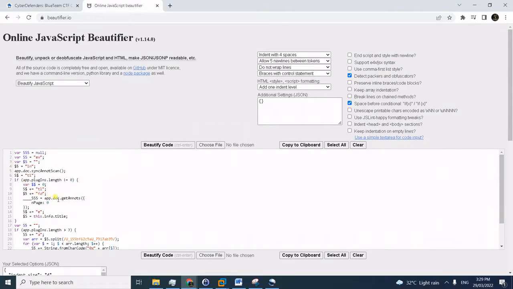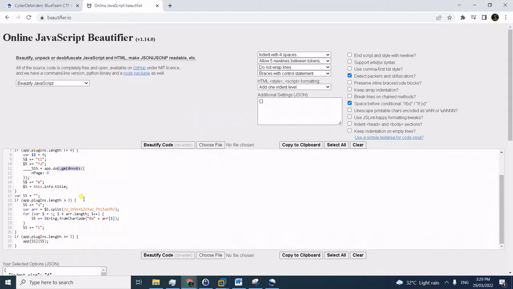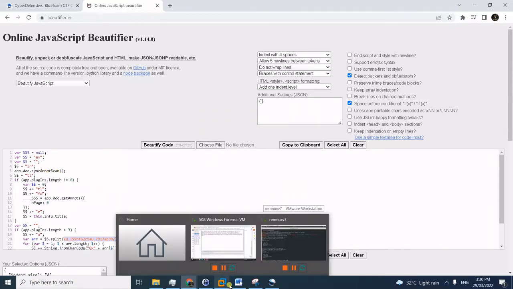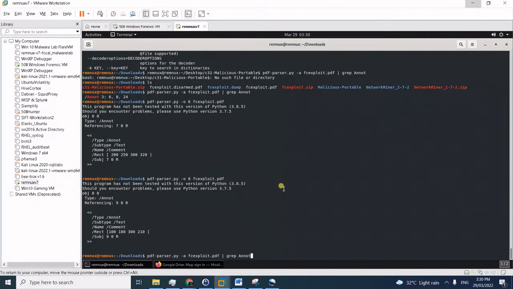And notice here, we are seeing some functions like app.doc.syncAnnotScan and app.doc.getAnnots, or annotations. And notice here there is also some kind of string splitting, some kind of obfuscation. But we will focus first on these 2 functions. We'll try to search for them within the script using this one,